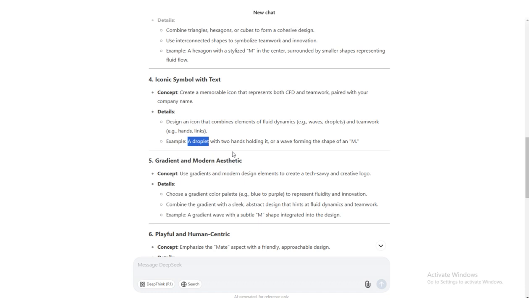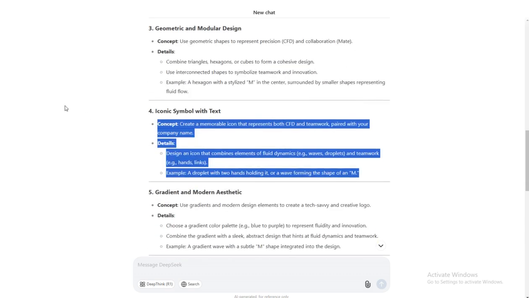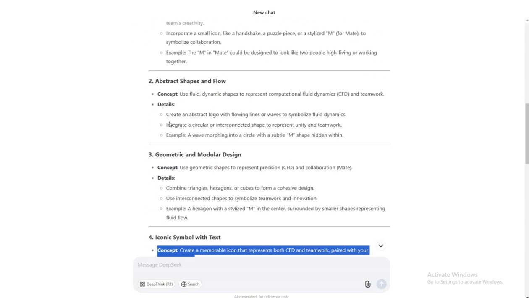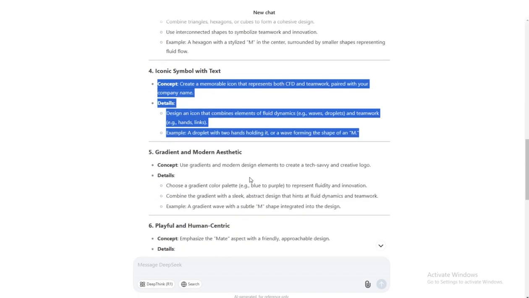A droplet represents design somehow, with two hands. So the droplet will represent my design agency, and two hands will represent the team. So I would prefer it. For concept 4, it would get 1 point. So till now DeepSeek has 3 points and ChatGPT has only 1 point.